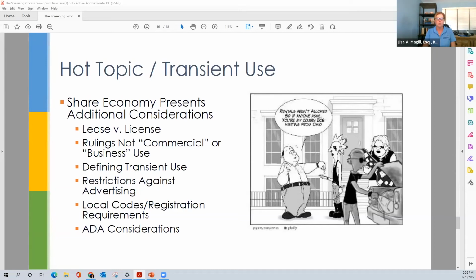Okay, so here's a hot topic. Actually, do I have it on my list? No, I do not. But one of you raised a hot topic, Section 8 applicants. Is it illegal to reject an applicant based upon source of income? In Broward County and Miami-Dade County, there's something called source of income discrimination, meaning that because the rent is paid by a third-party payer, you do not have the right to say, no, you don't have the money to pay your rent, we're going to reject you solely on that basis. So you have to take that into consideration when you are reviewing these applications.